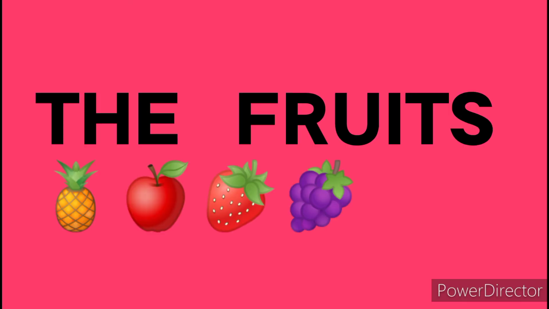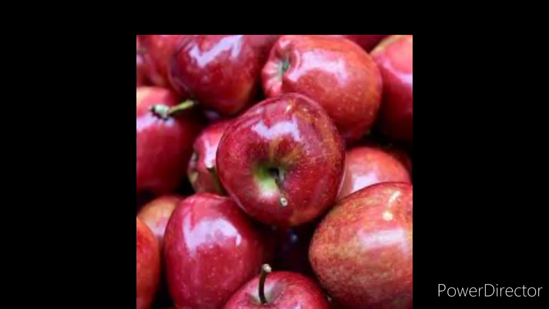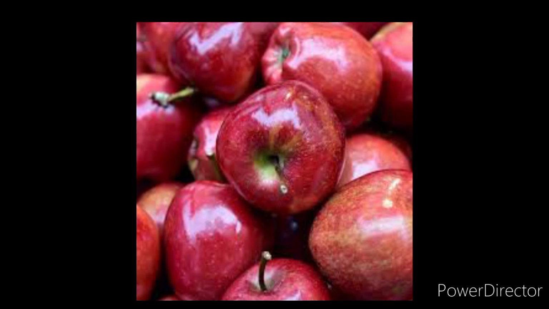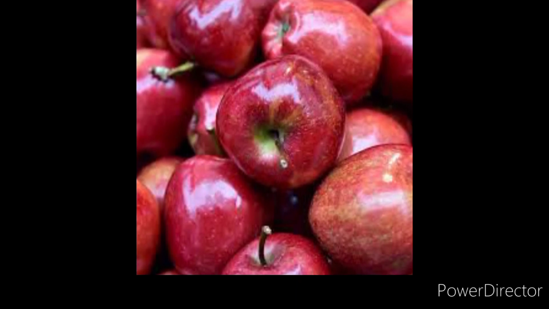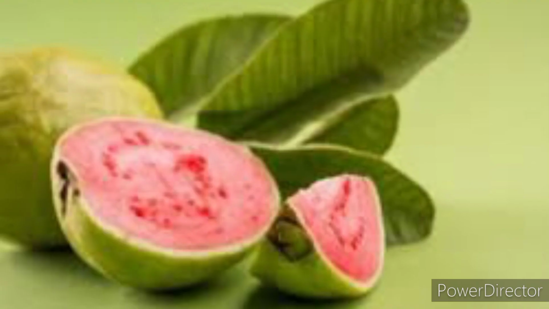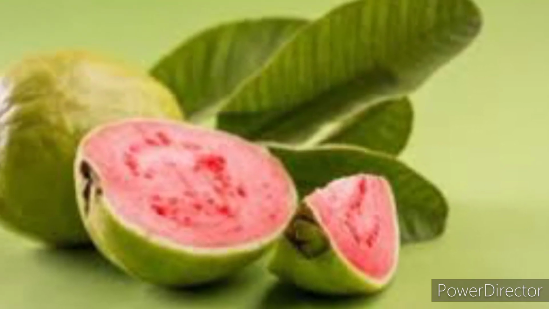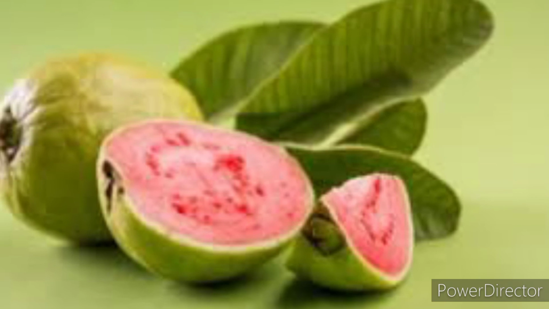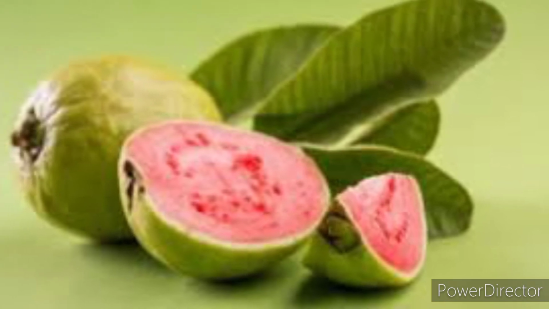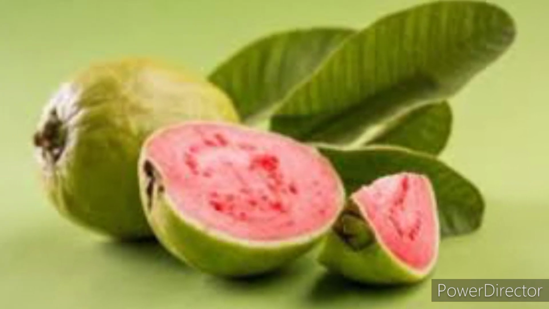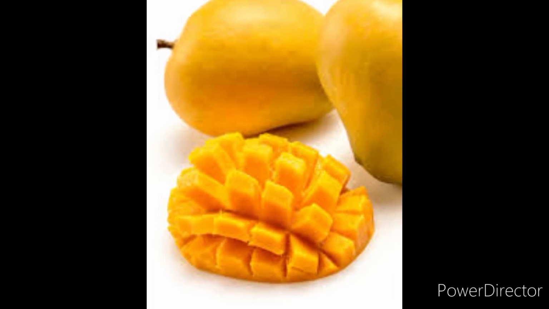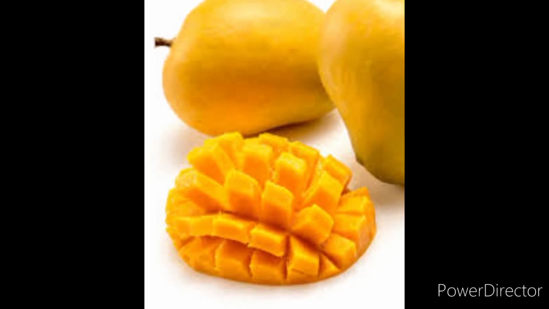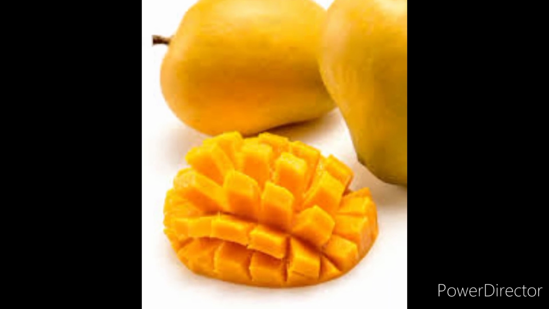Let's have a look at the fruit. After pollination and fertilization, the ovary grows into a fruit. A fruit is defined as a mature or ripened ovary. Functions of fruits: it protects the seeds against injury and other unfavorable climatic conditions. It helps in dispersal of seed. It stores food materials as in the case of tomato, apple and mango.